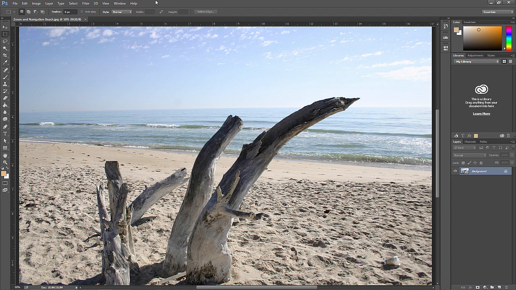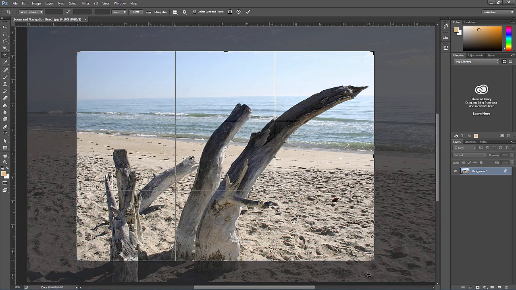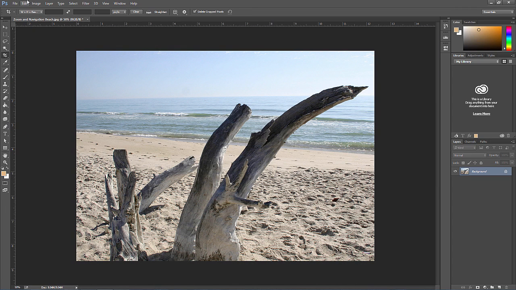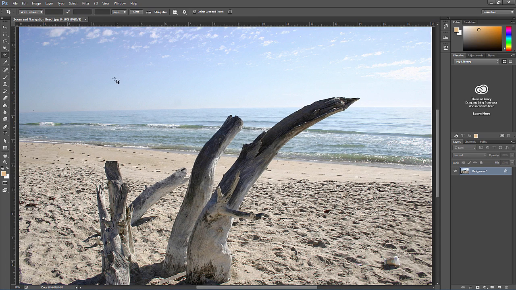If you want to crop a photo in Photoshop, just select the crop tool in the toolbar and then click and drag around an area to crop. Pressing enter on the keyboard or double clicking anywhere inside the new crop will crop it. So if you're a photographer looking to improve composition in a photo or remove some distracting content, this can be